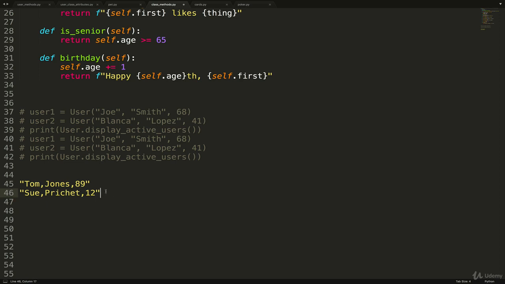Okay, so if we have this data coming in, obviously we cannot pass that in to user as is, like up here where we're passing in these 3 arguments. But if we wanted to add a method to our class that would handle this for us, because this is a really common use case, this isn't a one-time thing, but the way our app is set up, we have data coming in as a string. And I'm not just saying only as strings, but if you have data coming in one way and you need to turn it into another format before init is called.